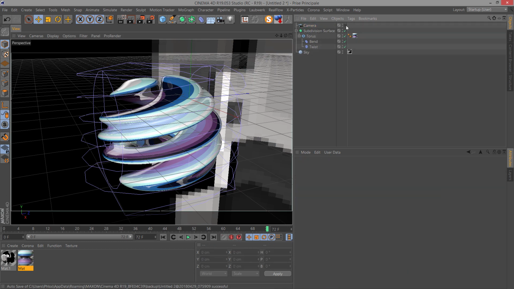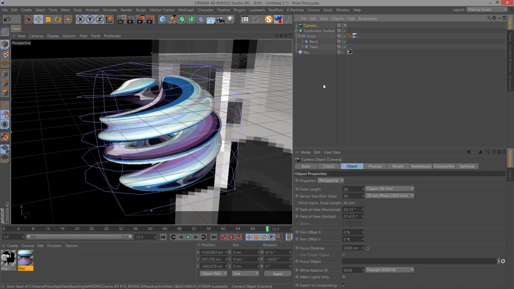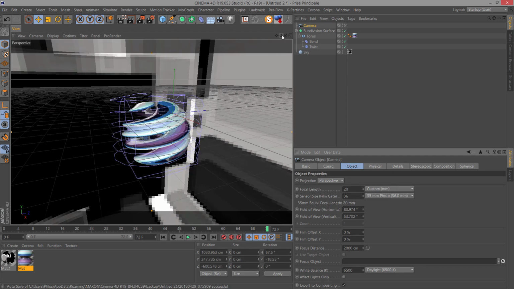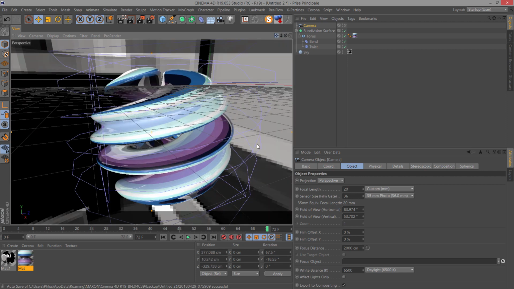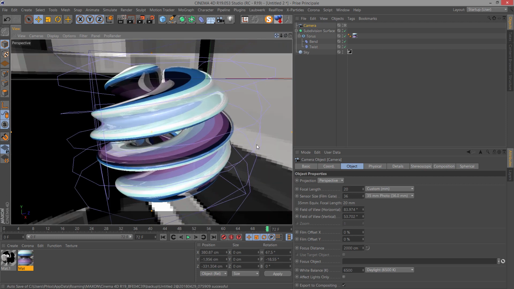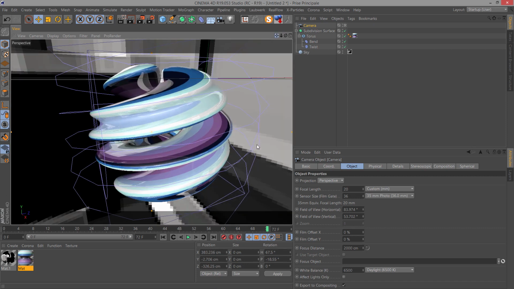Go to camera view. And maybe here, focal length, put it to 20. Okay, like that is good. We can add some light if you want.